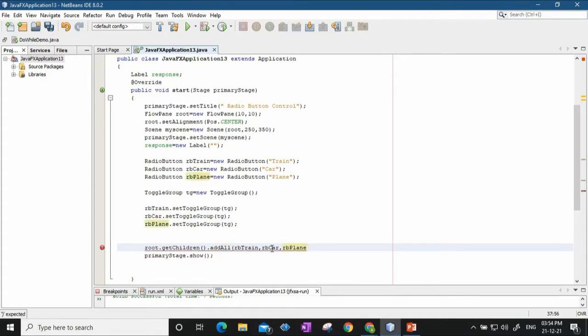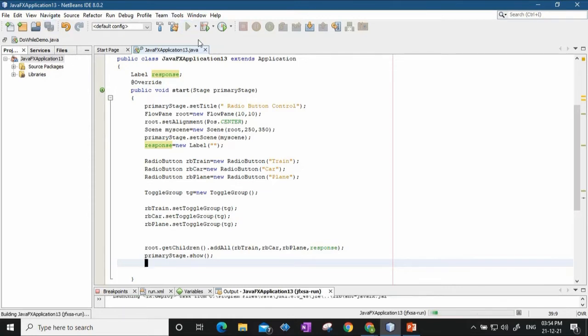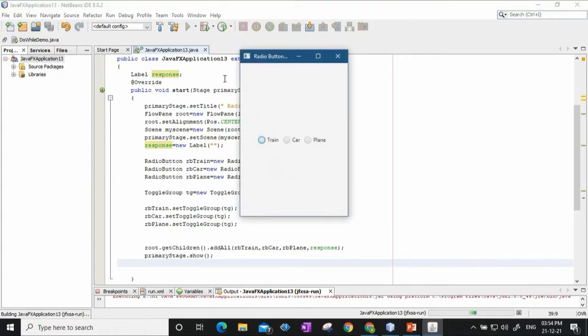Plus I'll be adding a label called response. Right? So these are all added: rbTrain, rbCar, and rbPlane. Let's see whether now we can see the radio buttons. Yes.